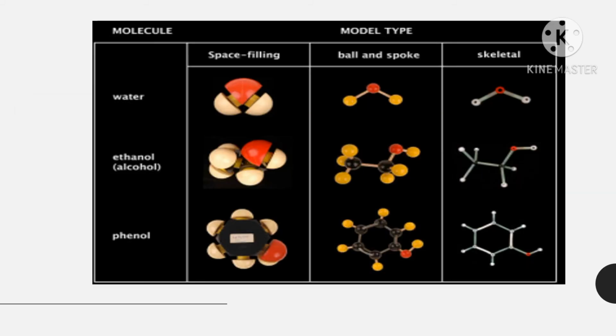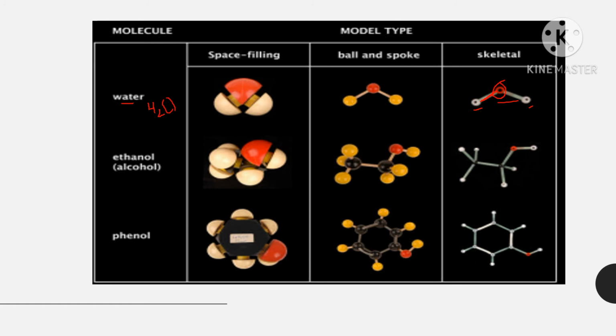See the example of some molecular models. First example is water, that is formula H2O. See the first framework model. Here in this framework model or skeletal model, the central atom is oxygen. So here the red color ball is oxygen, and it is attached with two hydrogen atoms. So these white balls are hydrogen atoms, and in between, the stick is called a bond. The stick represents a bond between oxygen and hydrogen.